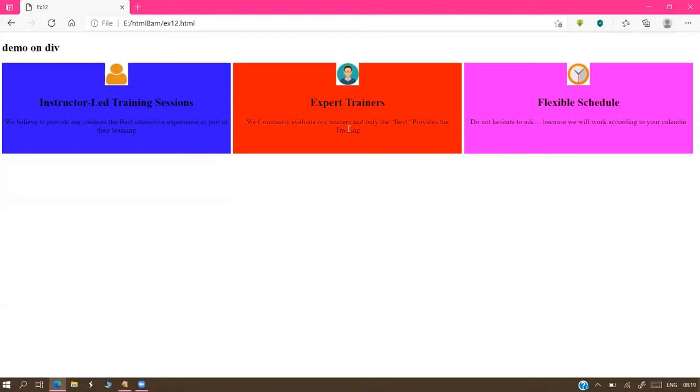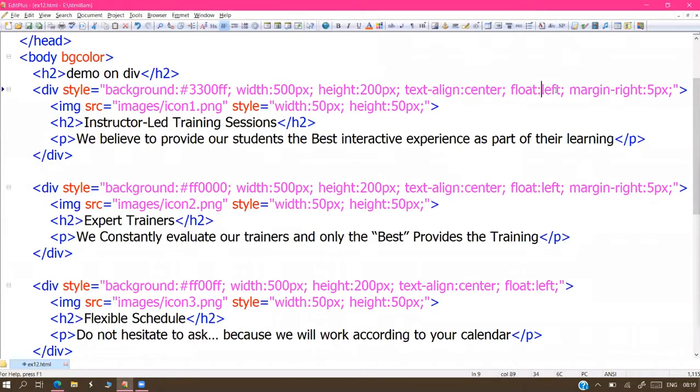This one is a left side alignment. Right side alignment, sir. With the right side alignment, the positions change. Blue to pink is available, na. When you go for the right side alignment, sir, pink to blue comes. Float equals to left, float equals to right, I said, na. So if you write float equals to right, sir, pink to blue comes. Alignment change.